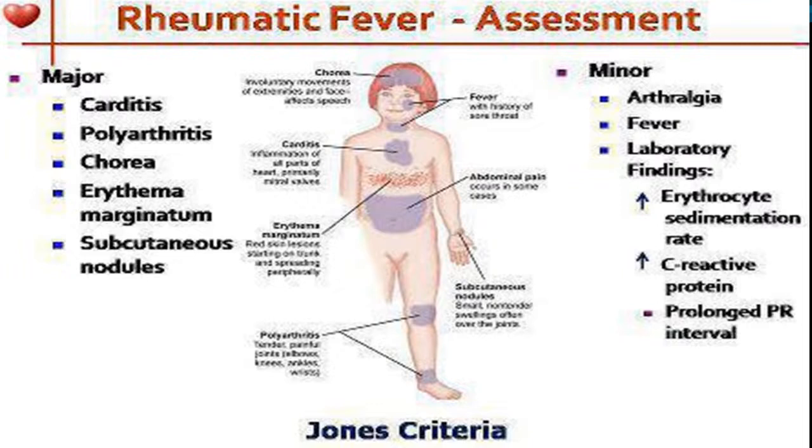Repetition sometimes are important so that one remembers things. Major criteria: carditis, polyarthritis, chorea, erythema marginatum, and subcutaneous nodules. And minor criteria: arthralgia, fever, laboratory findings of raised ESR, raised CRP, prolonged PR interval, and history of